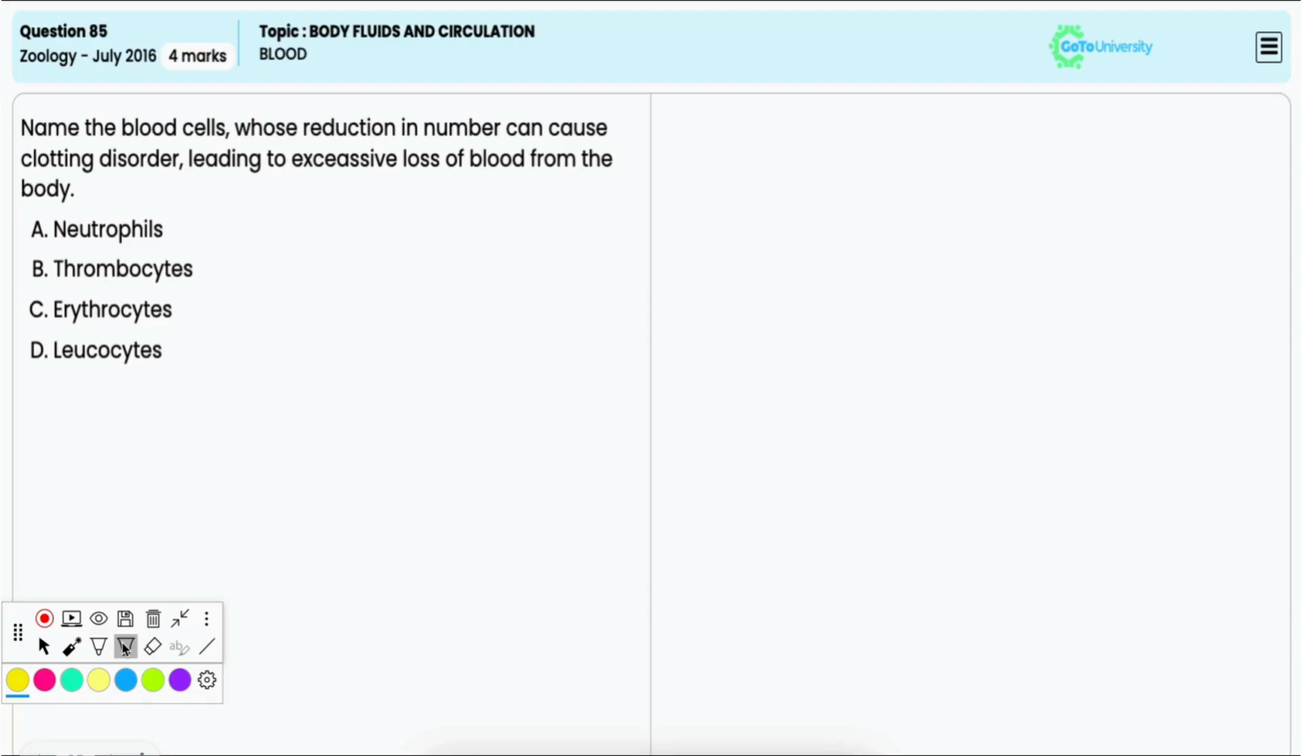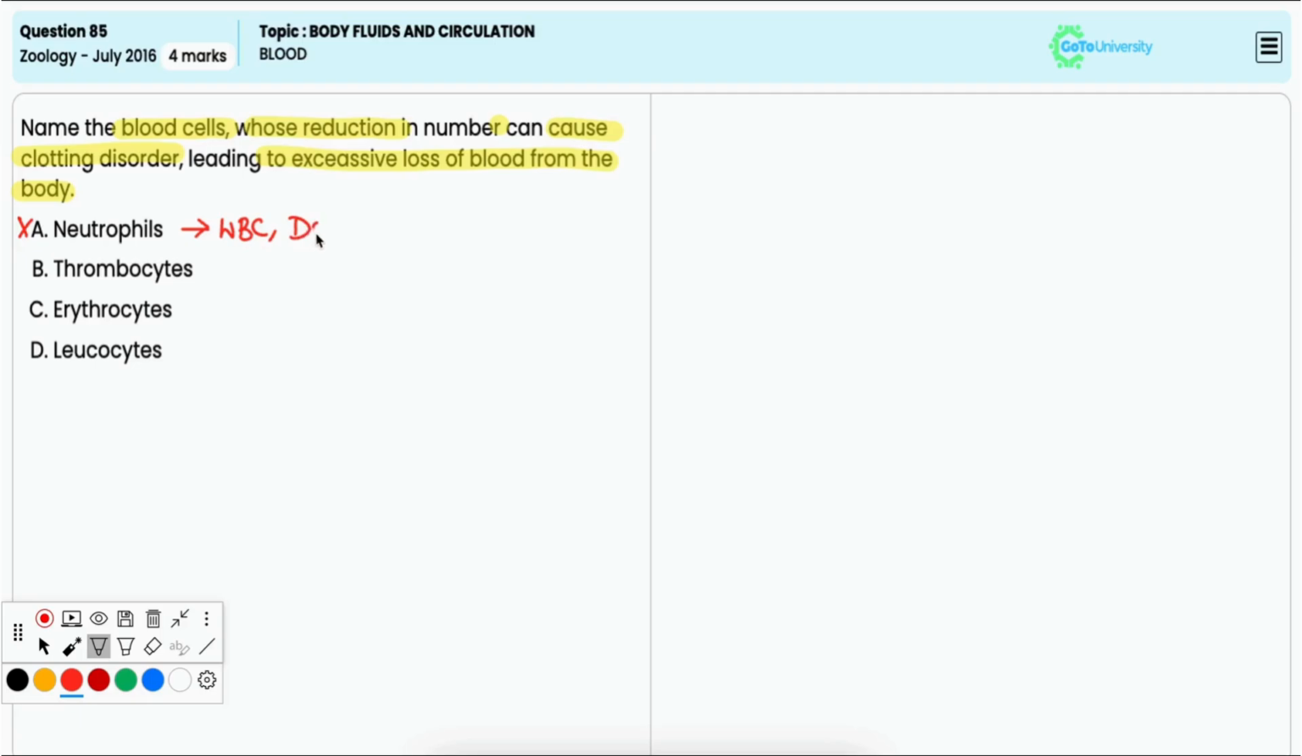In this question, you have to identify the blood cells whose reduction in number can cause clotting disorder, leading to excessive loss of blood from the body. Option A, neutrophils. It is incorrect because neutrophils are a type of white blood cell that functions mainly for the